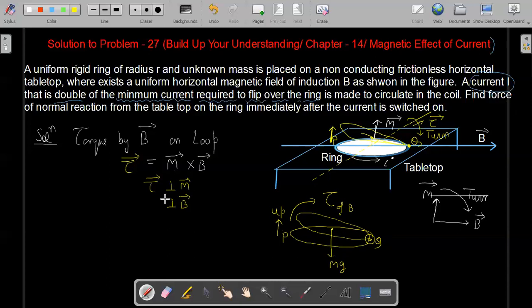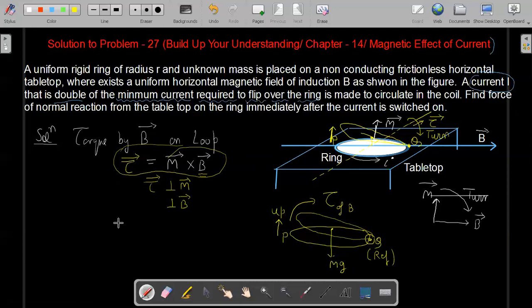One more concept is associated with this problem: whenever you calculate the torque of the magnetic field by the expression torque equals M cross B, and the magnetic field is uniform in nature, I repeat, in the special case of a uniform magnetic field, this torque is independent of the reference point about which you are calculating it. So I choose point Q as my reference point about which I will calculate the torque, and that will be